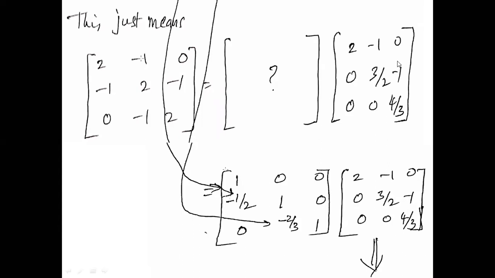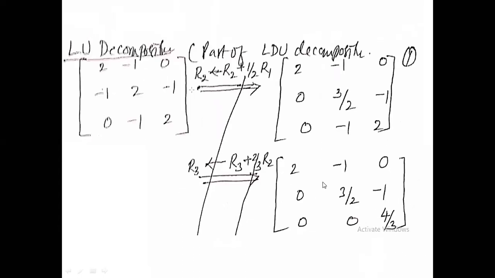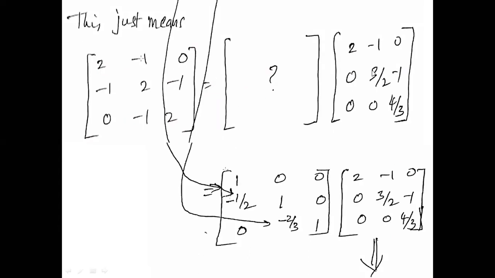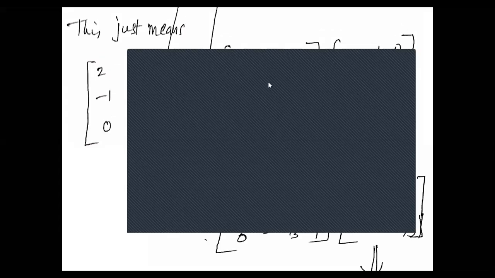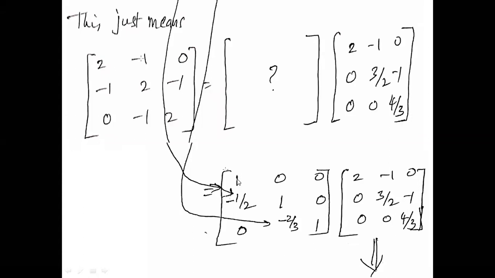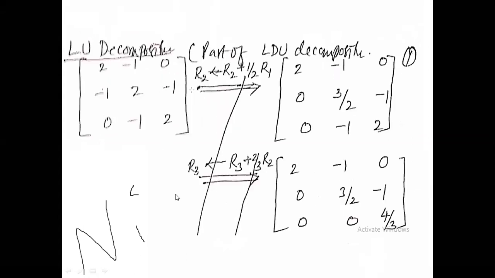Okay. So I've got this matrix U by doing this process. And I know that this matrix U, when multiplied with some other matrix, must give me A back, the original matrix, right? And I also know the property of this question mark matrix. It must have ones on the diagonal, 0 on top of the diagonal, and the other three factors. So now the question is, how do I get these factors? These factors you can get from the operations that we have done on the rows.